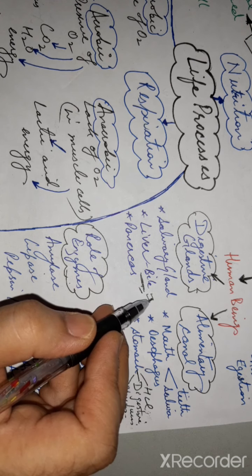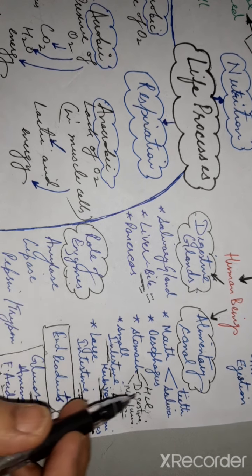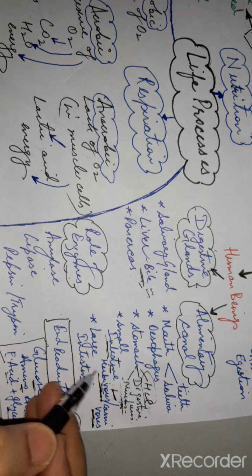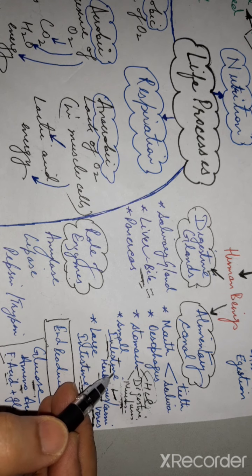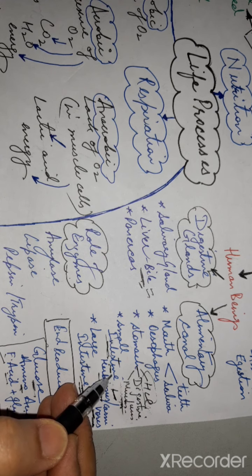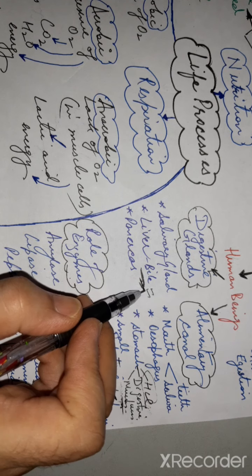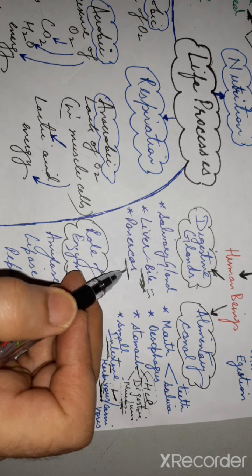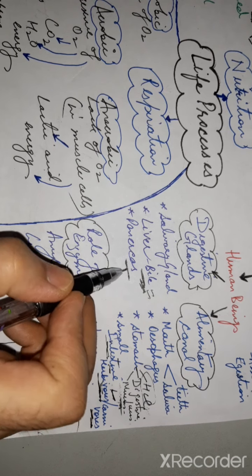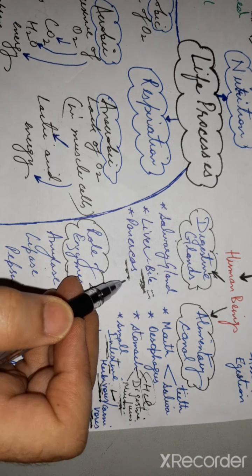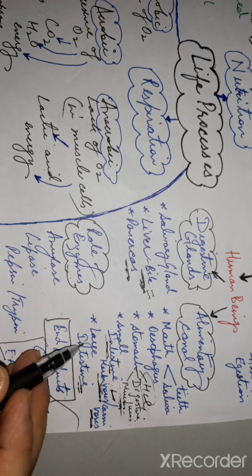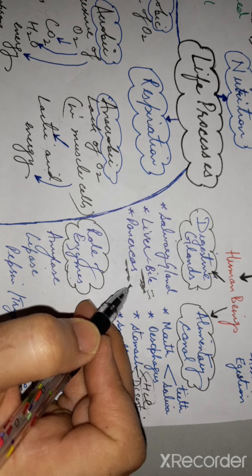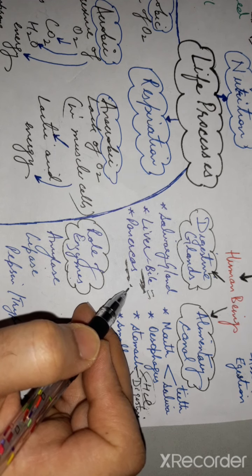When the food is there in the stomach, the medium is acidic because of HCl. But when it comes into the small intestine, there the enzymes need alkaline medium. So that is made by the bile. And third is pancreas, which secretes pancreatic juices. They also help in complete digestion of all the three nutrients, that is carbohydrates, fats and proteins.